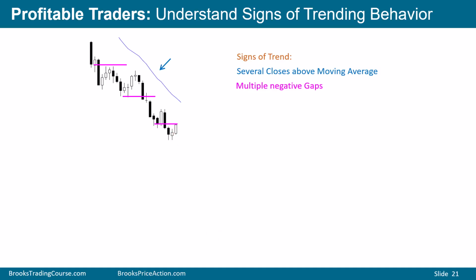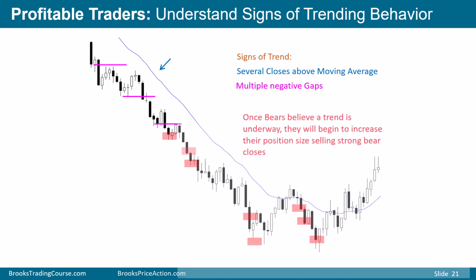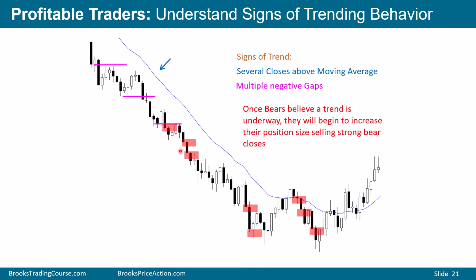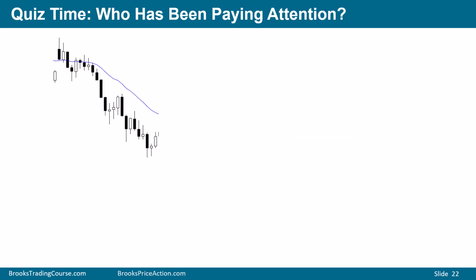And what they fail to realize is on a higher time frame, it's a big bear breakout. And you can see this is that buy we were just talking about. Instead of going up, the market went a lot lower. And bears, what do? They're selling everything. They're selling every bull bar because it's allowing them to sell closer to the moving average in a strong bear trend. Quiz time. We have a wedge. Is this a minor or a major reversal? Pause the video and ask yourself that question right now.